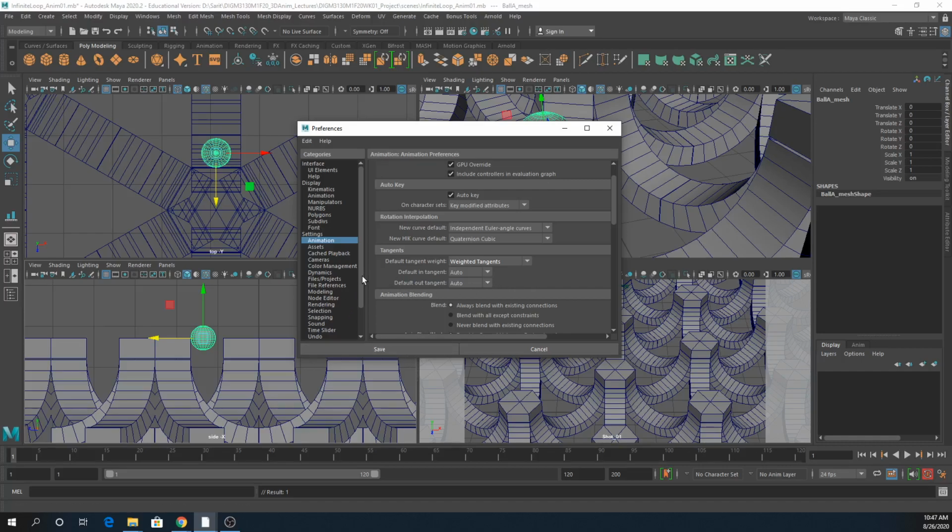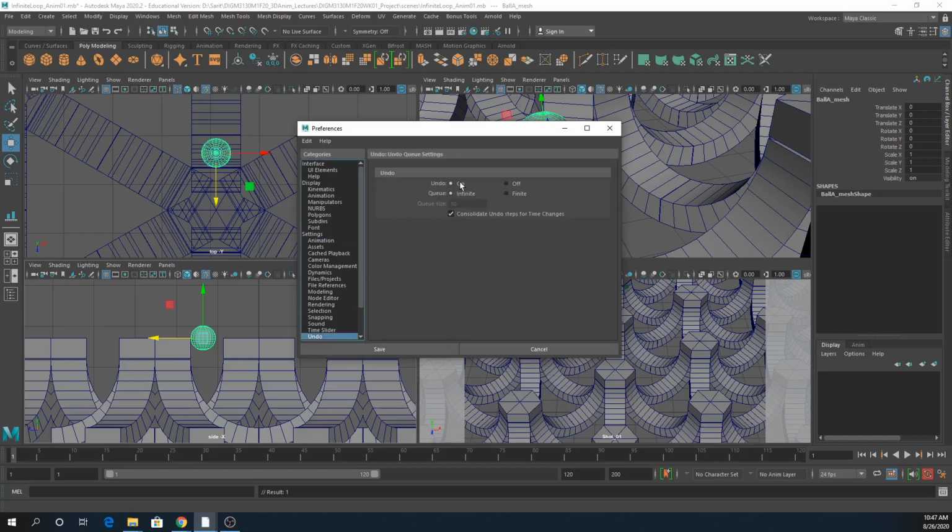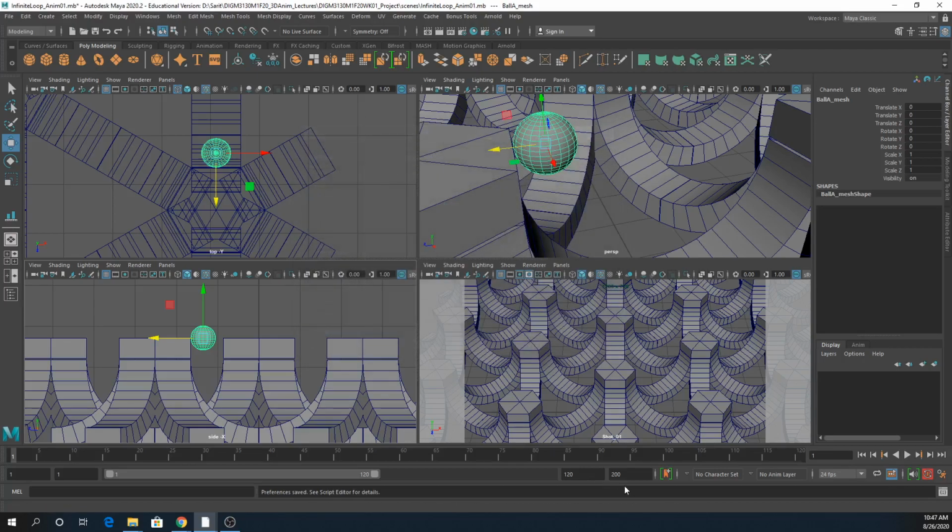And if you like, you can change undo to a little more, not infinite. If you work here, we have 32 gigabytes of RAM, so infinite is still kind of not a good idea, but it should be working fine. So I will set 200. It's a lot already, but it's up to you. This is just a thing that is not quite important. It's just an option. So now,